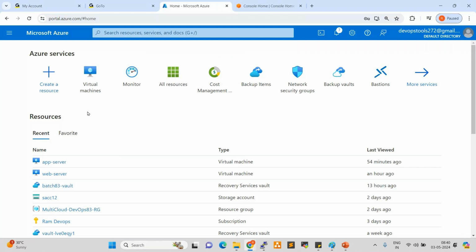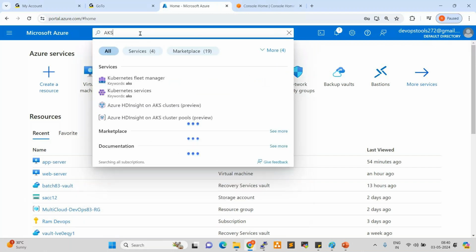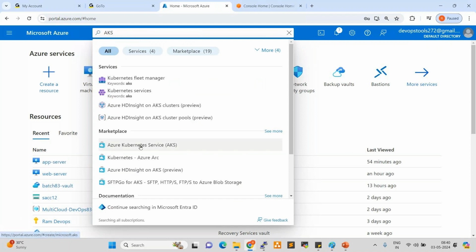Or else, if I want to use platform as a service, PaaS, I don't want to create the server. I want to directly use the service, for which we can search here Kubernetes, AKS, Azure Kubernetes Service. I click on it. The cloud platform is providing both. Whatever you require, we can use them. Software as a service, SaaS, is mainly for reusability. Google Drive, OneDrive, which you use a number of times, those we can say come under SaaS. Clear, right, everyone?